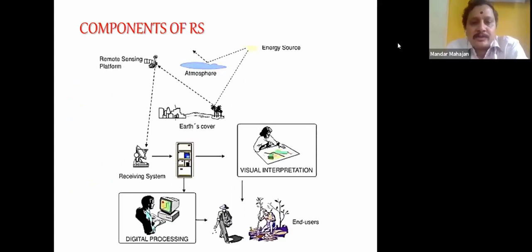So what does it do? First of all, what are the active source or passive source? With this electromagnetic radiation, the energy which is reflected back is accepted by the sensor mounted on an aircraft or satellite. The energy is also in the form of electromagnetic rays. Then this analog signal is converted into digital form, and again it is sent back to ground-based stations where it is processed and displayed in the form of graphical images or 3D models.